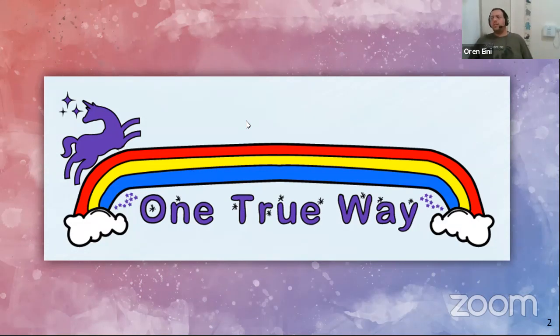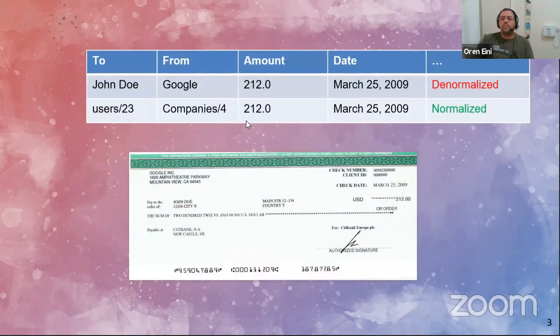If you look at the industry at large, this has been a hugely entrenched thinking, to the point where people don't even realize that they have this situation. It just is. And because of that, that leads to some interesting issues. Let's talk about a couple of them very quickly. What we see here is a paycheck. This is a check for John Doe for some amount of money from Google. Now, here you can see that there are two